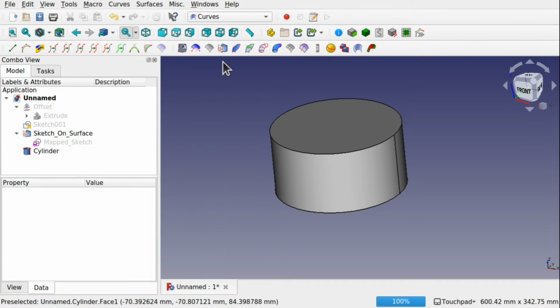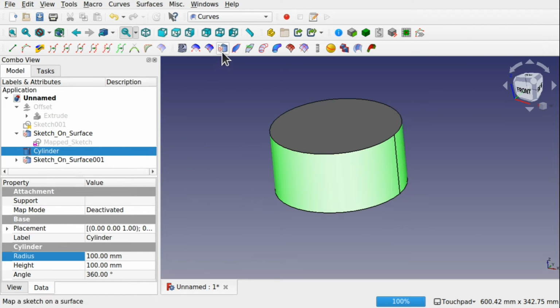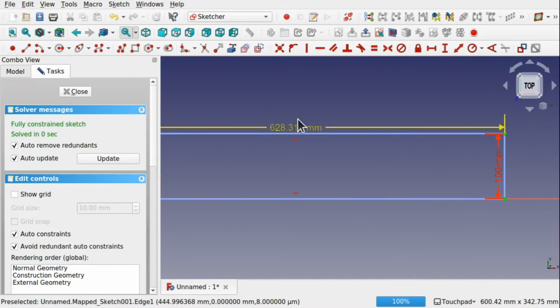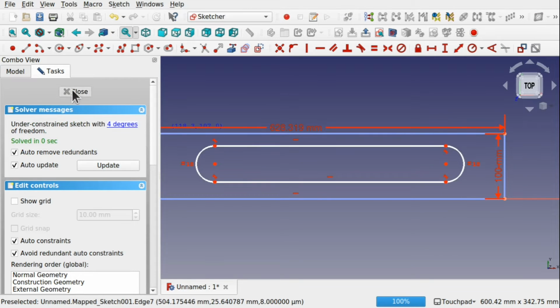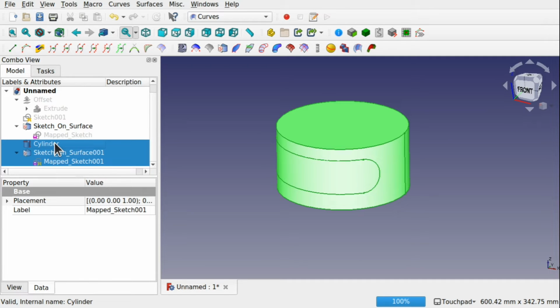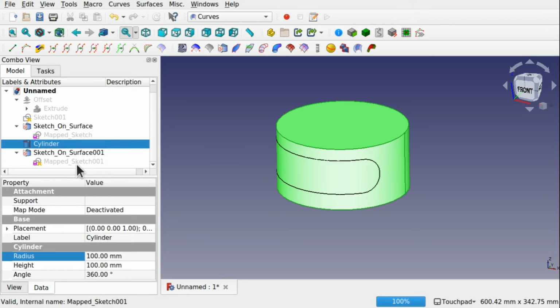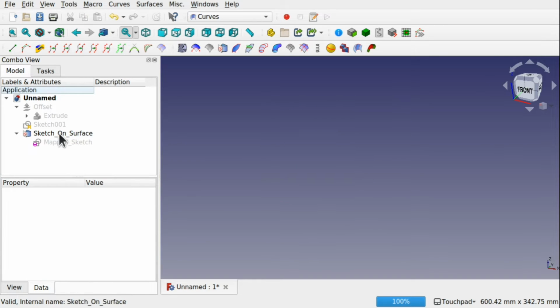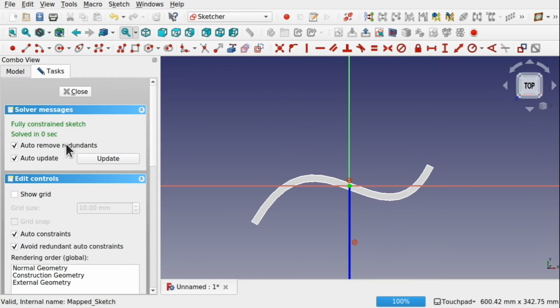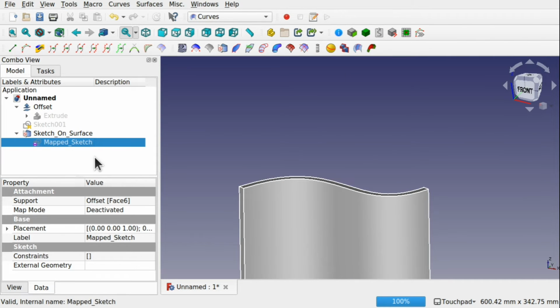Let's first go over to the Curves Workbench, click on here, and then do the map of sketch on the surface. And you'll notice if I come in, we can see we've got the construction geometry here, we've got a width and height, and we can add geometry in here. Hit close, and that maps to that surface. But on the other one, we couldn't. That other one we had, so let's get rid of those, highlighting them with a shift and clicking them, and delete those. With this one, we hit a problem. So that offset, that map sketch, we can't get anything in here, so we have to go through another method,